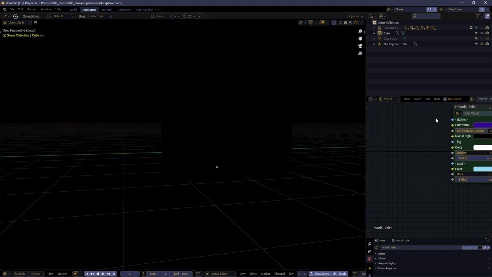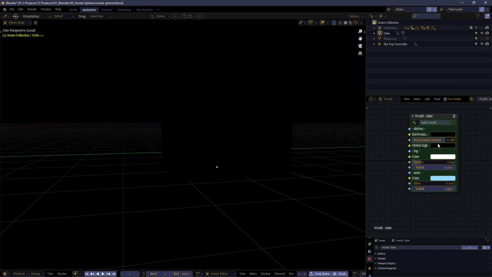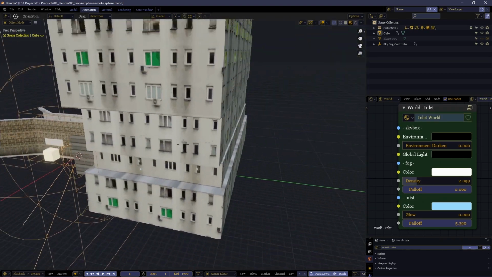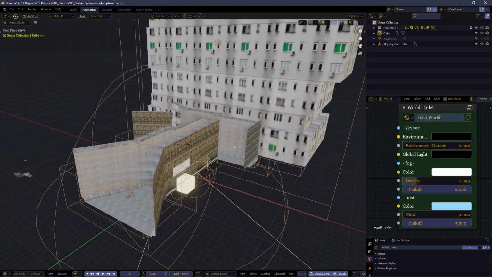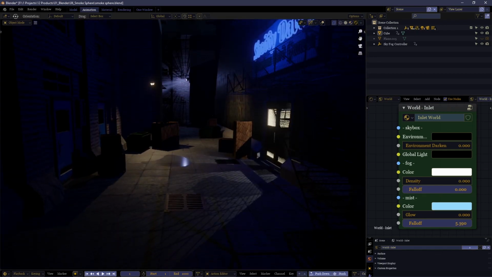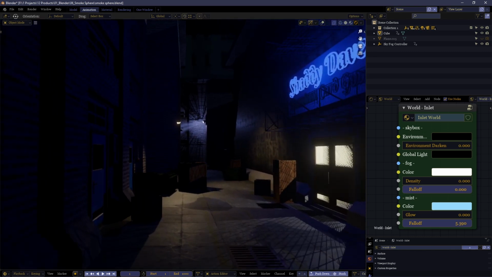Moving on now to the core of this plugin, the volumetric environment effects. Well, for this we're going to need a scene. Here's one I have from before to help demonstrate how these effects can work. Now, this is the scene without any volumetric fog or shading of any kind, just the raw scene as it normally looks.